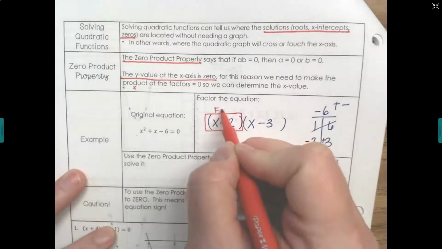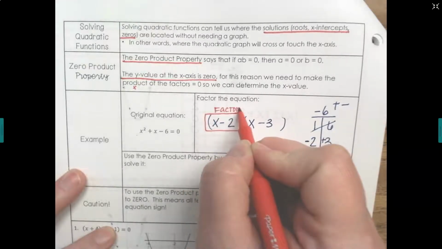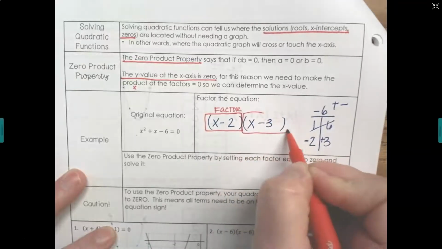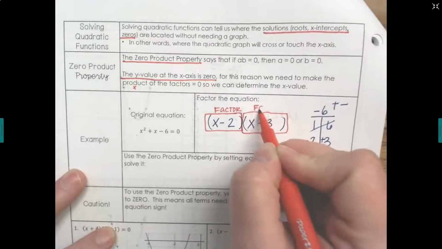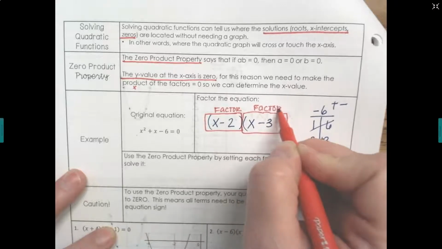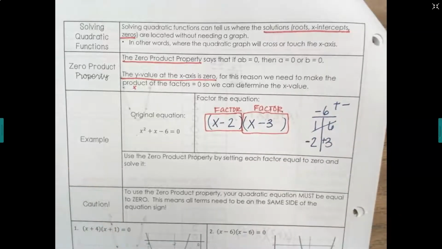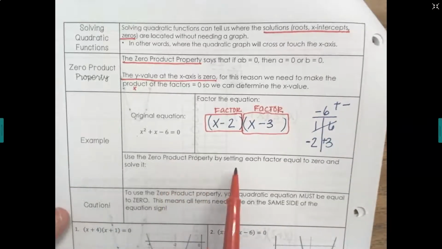This is a factor, and then this one is also a factor. What's multiplying together to get to something else? Okay, so we have two factors. So our zero product property says set each factor equal to 0